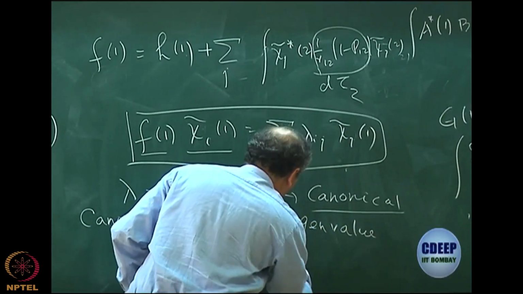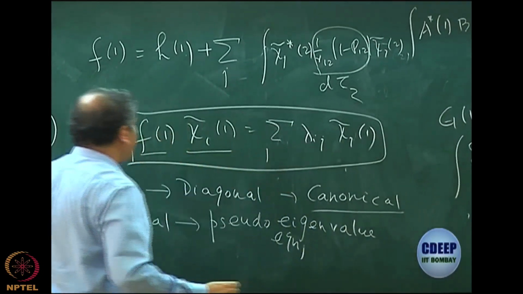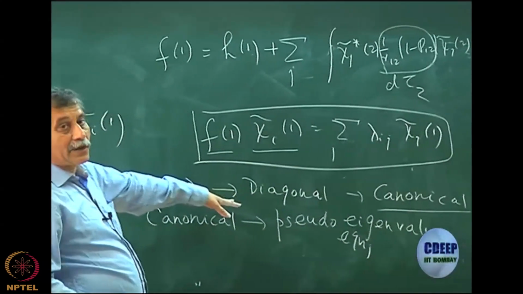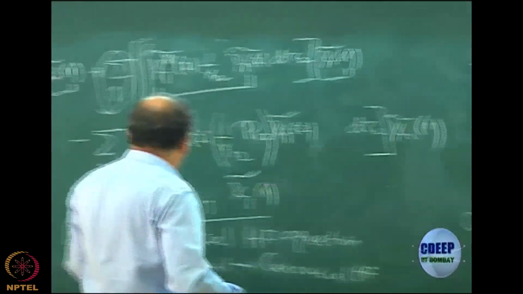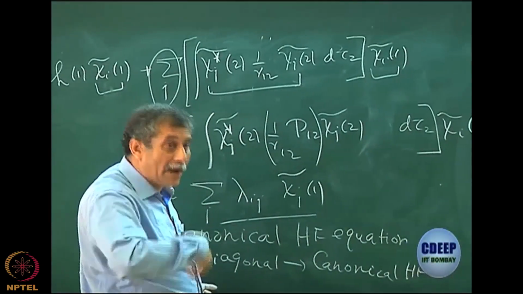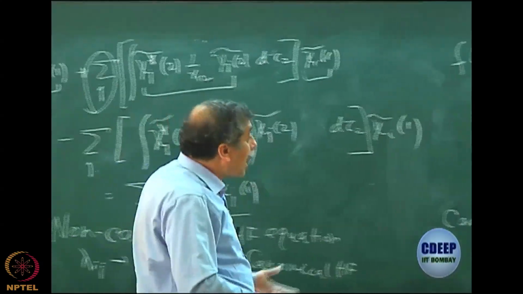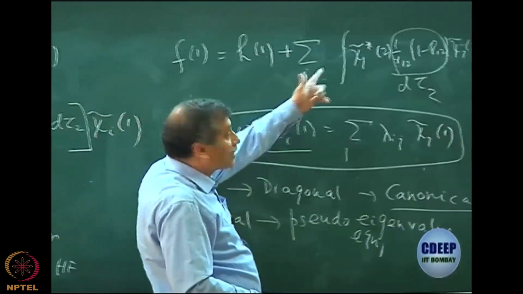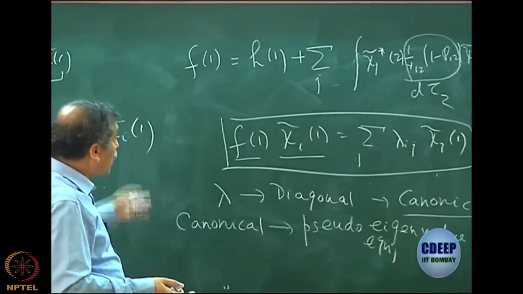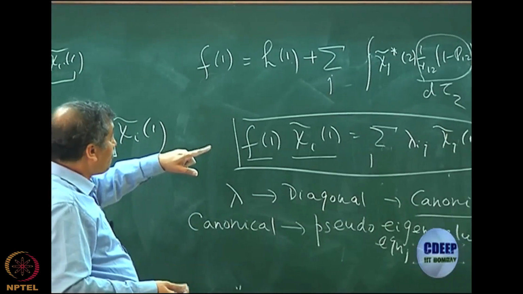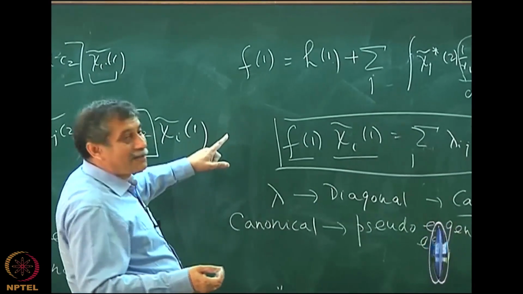And we will discuss in detail how you solve it after I first get the canonical Hartree-Fock equation. So there are two important pieces that are still left. How do I canonicalize? I have now assumed it is canonicalized. And then how do I actually solve it, because F depends on the chi's. So the important point here is that because F depends on chi's, one obvious way to solve is an iterative